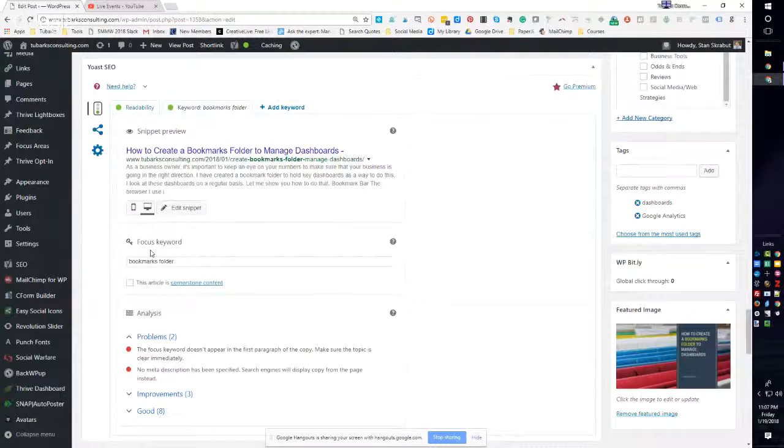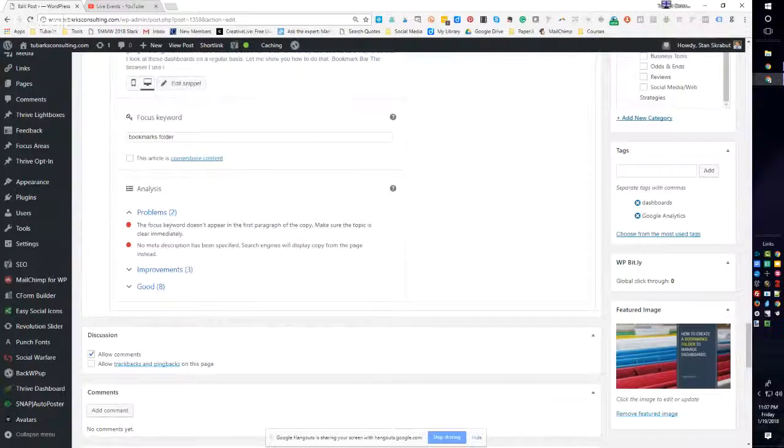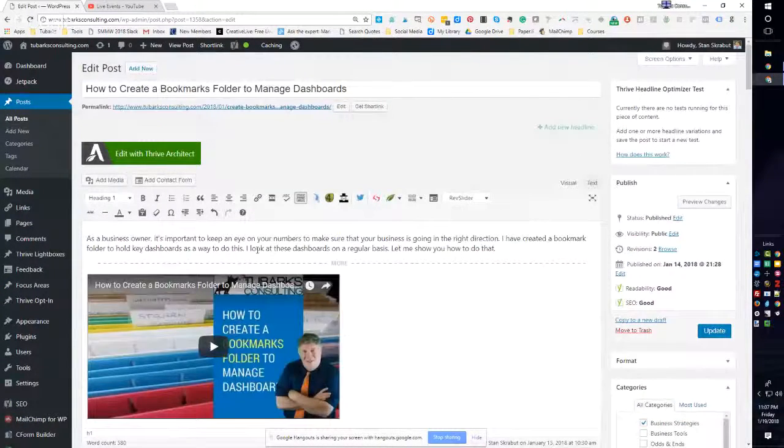What I can do is put in a keyword or a key phrase, and it will analyze my blog post based on that key phrase and identify problems. So the key phrase does not appear in the first paragraph of the copy. Make sure that the topic is clear immediately. So this is an area that I would go back up to here and see if I can rewrite this paragraph a little bit to ensure that I have that key phrase,